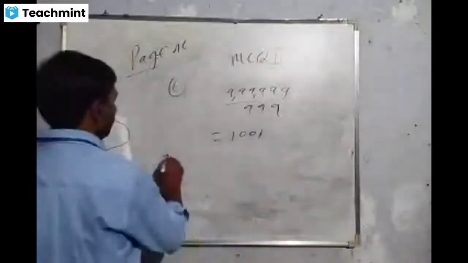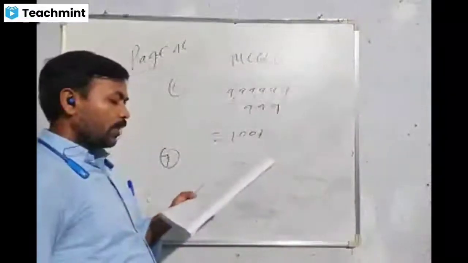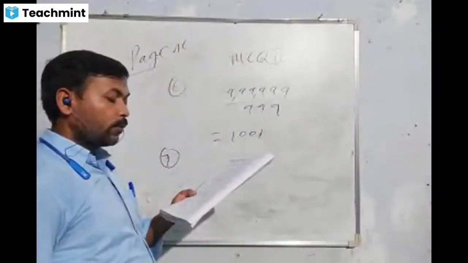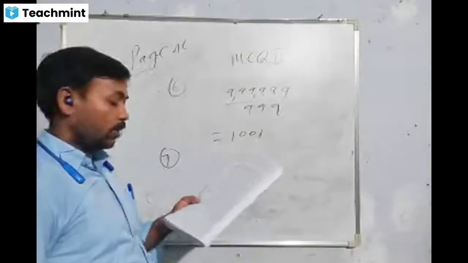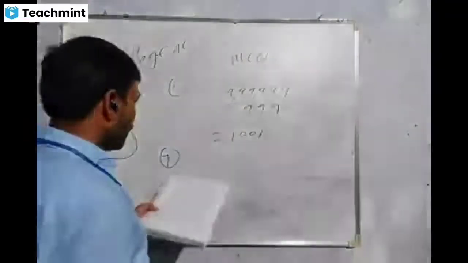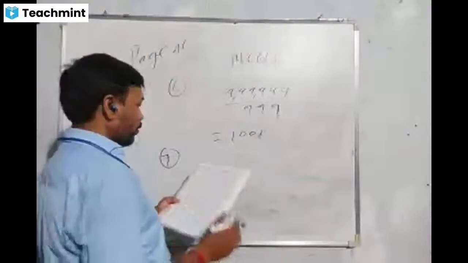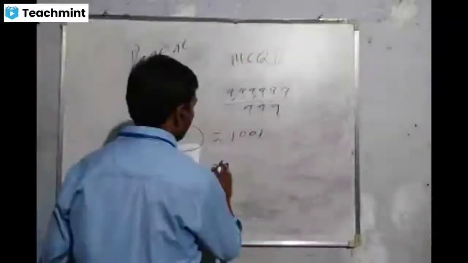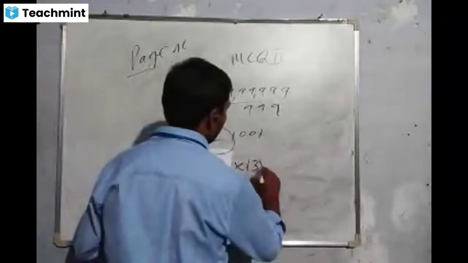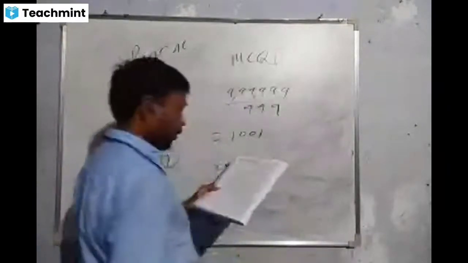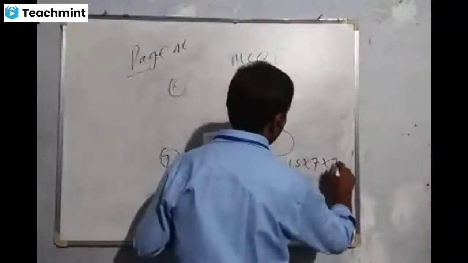And the seventh one. Here it is asking how many times will 29 multiply 39 multiply 49 be divided by 29 multiply 13 multiply 3 multiply 15 multiply 7 into 7. So this answer becomes 15. How? You can write it here: it is asking how many times this will divide. So this number should be written first: 29 into 13 into 3 into 15 into 7 into 7.